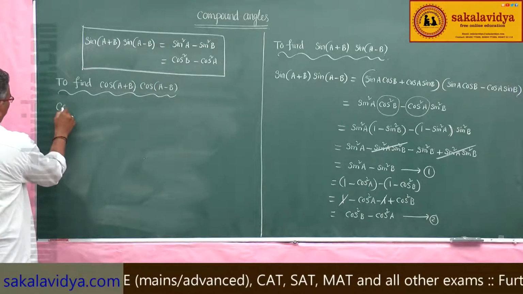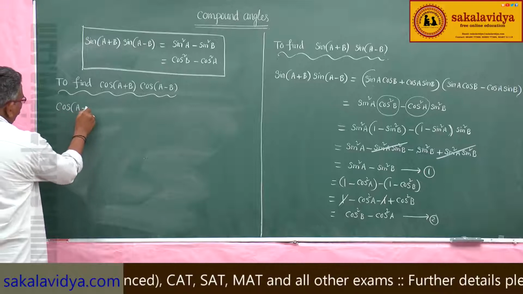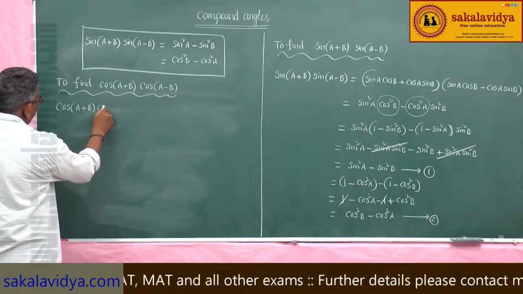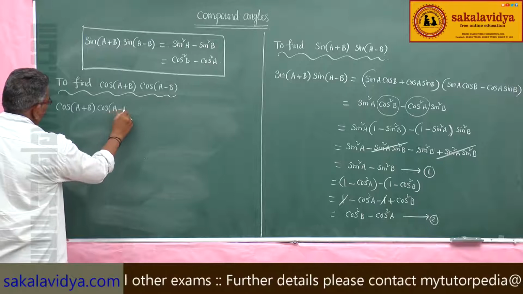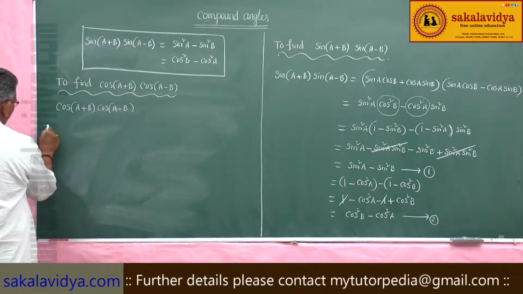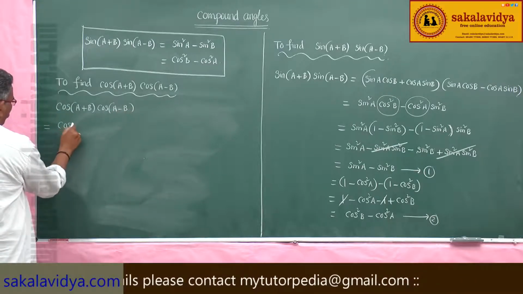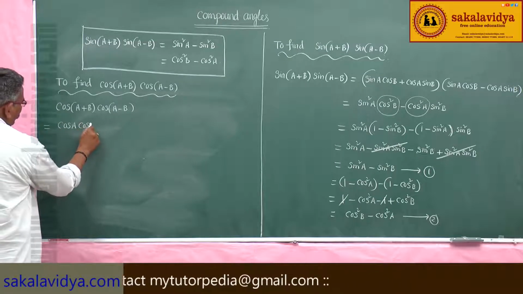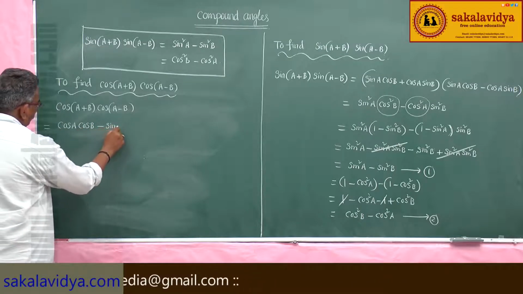Now, cos of A plus B into cos of A minus B. This is cos A cos B minus sin A sin B